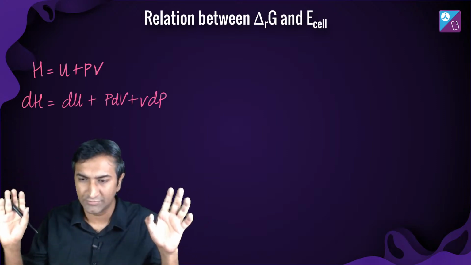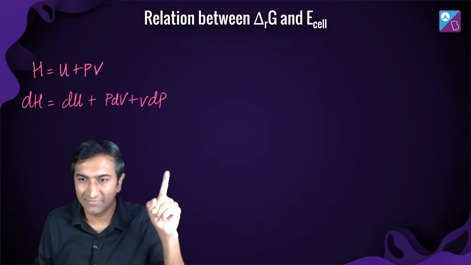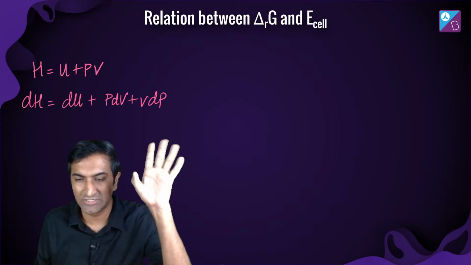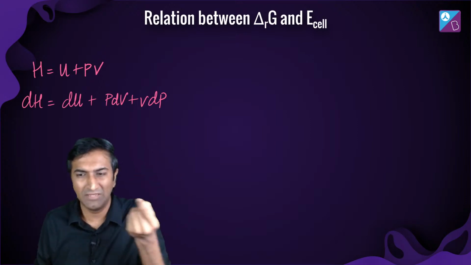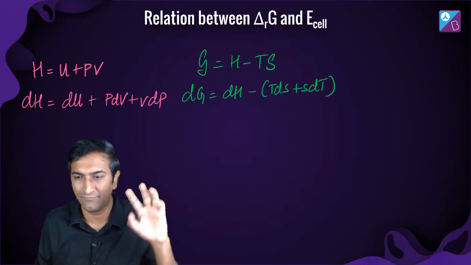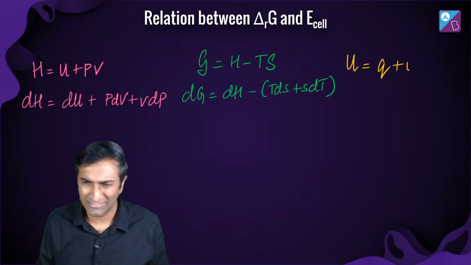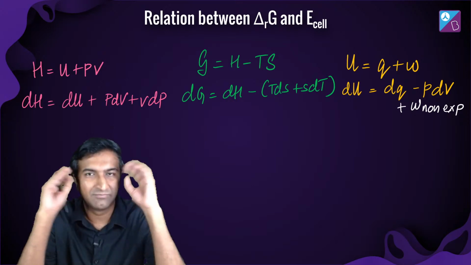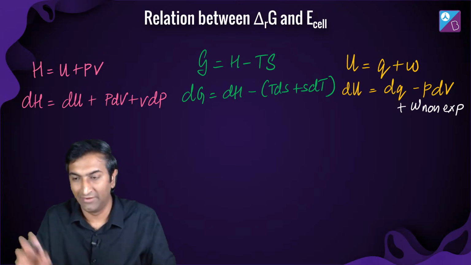You've got 3 equations, right? One is the basic definition of H, which I've differentiated. Nothing fancy. I just differentiated. Chain rule or whatever. Differentiate PV, you get PdV plus VdP. Similarly, G is H minus TS, and I differentiated that. Same chain rule I've used. It's called the chain rule, right? What do you call it? Maths I'm not good at. I can do it, but I don't remember all the theory. You tell me if I'm saying anything random.